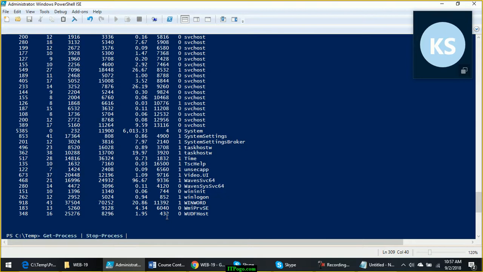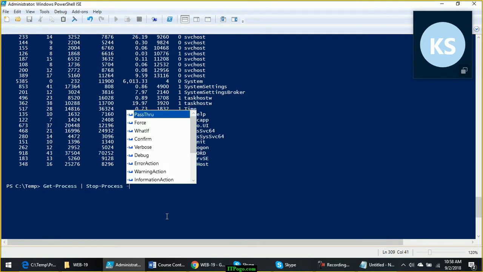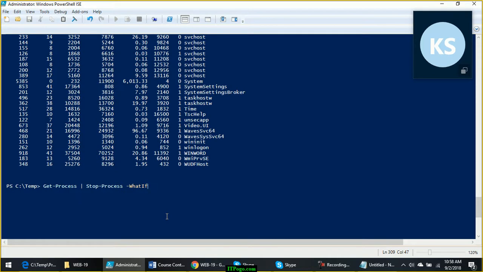There might be a few processes which it will be able to kill. There might be a few processes which are critical, it will get some error, but your system will definitely become unstable. And even the Skype session which is currently going on for us, that session will also get disconnected, right? So when you are not sure what will happen if I run this command, you should use hyphen what if. This is a safe way to understand what will happen if I run this command.